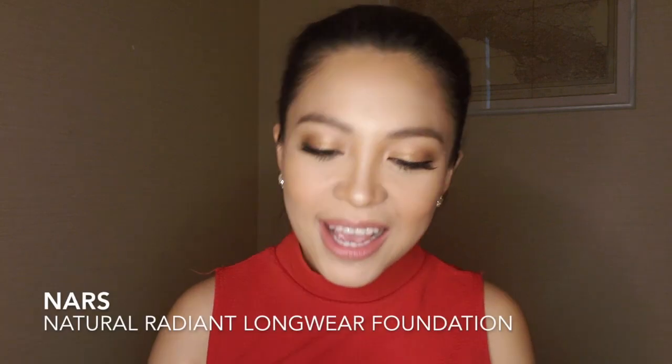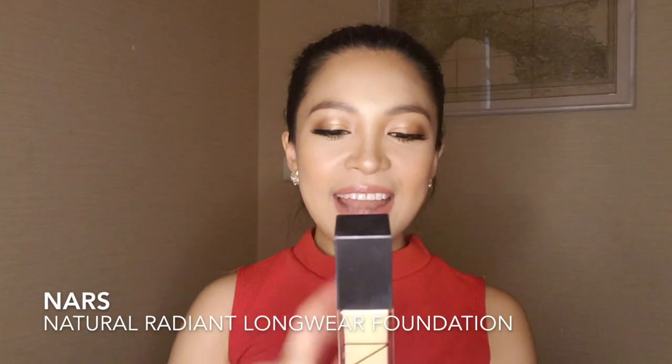Okay, next one. If you've been watching my videos, then you already know that this is my favorite foundation because I use it in all my videos. This one is the NARS Natural Radiant Longwear Foundation, and I am in the shade Punjab. I love the texture of this foundation on my skin. Great coverage, medium to full. You can build it up, but I like a medium coverage